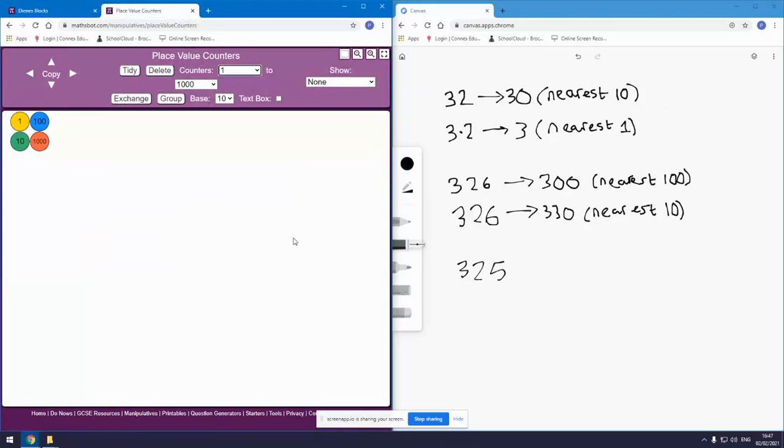Whereas if I use my place value counters, if I look at the same numbers, and in particular the number 320 to start with, then what I would say to learners is, okay, well, what whole numbers could I build with this as a starting point? And in fact, what I could do here is I could have 320 and put no ones there, or I could have